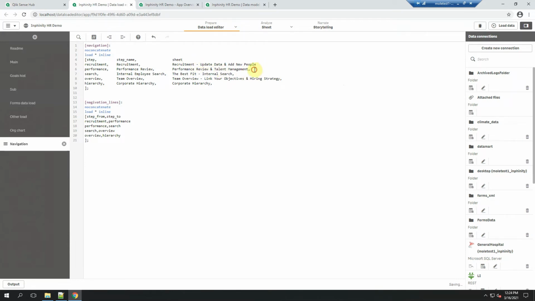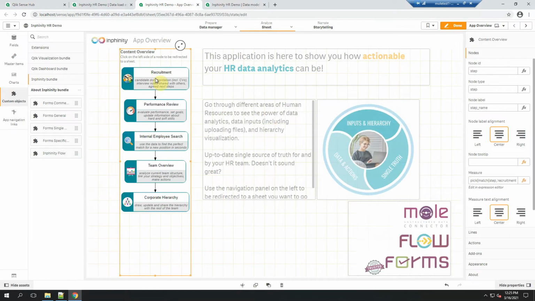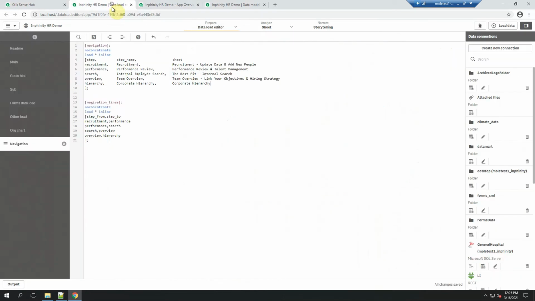If for some reason you really need to minimize the number of tables in your data model, then there is another thing you can do. I don't need to have these navigation lines as a standalone table that says to me where the line should start and where the line should end. Especially for navigation, it's just a linear flow from one sheet to another one. Therefore, I can delete this table from my data model,